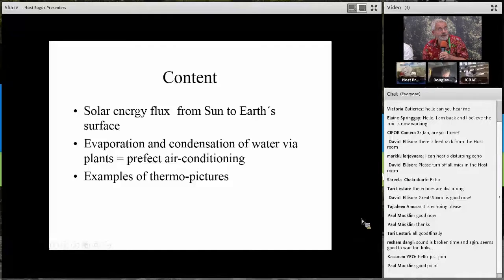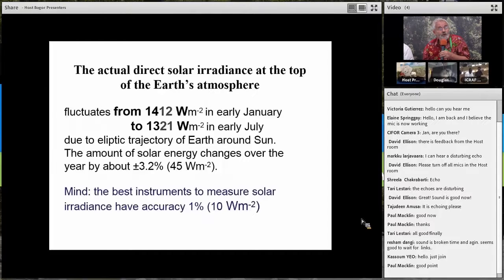whole hydrological cycle, and there is variation in that we need to know. It's the balance between evaporation, water going from liquid to vapor, and vice versa, that has big effects on the temperature. And we can really see this as the air conditioning part, and it will end up with showing these thermal pictures. So if we do the basic balance of the solar energy arriving at the surface or the top